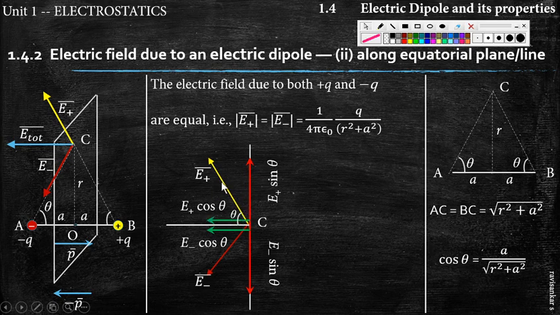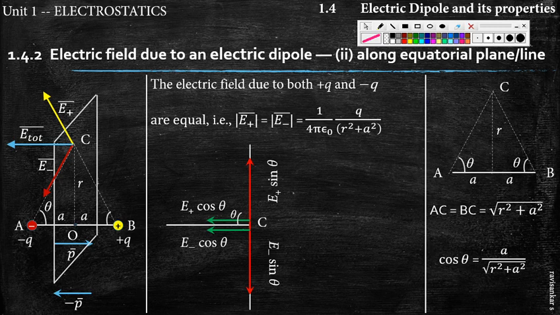So this E plus is not there. The same goes for the E minus vector. That has only been resolved as E minus cos theta and E minus sin theta. So the E minus itself should not be considered. So now can you tell how many vectors are there? Yes, there are only 4 vectors present. So the E plus and E minus go off.